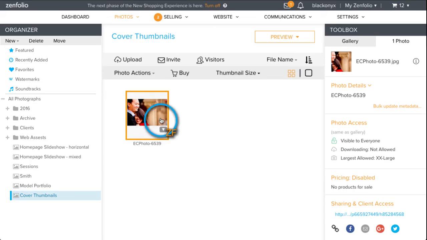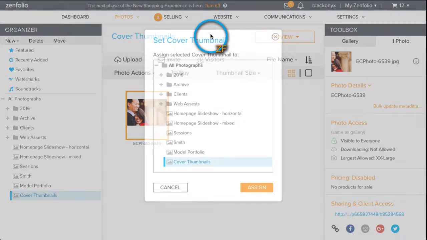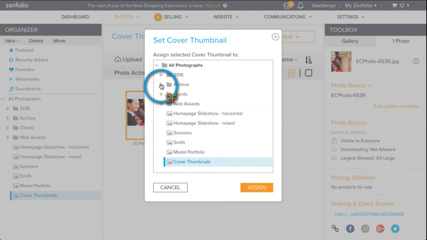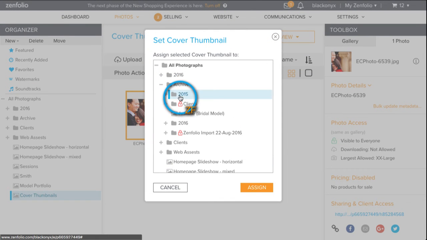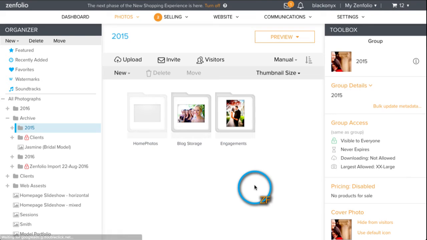I'm going to click on this image right here. I'm going to go to this little drop down right here and then choose the select as cover thumbnail option. And I'm going to go into the archive and then just click on 2015 and hit assign. And so now what I've done is I've taken that photo and I've chosen it to be the cover thumbnail